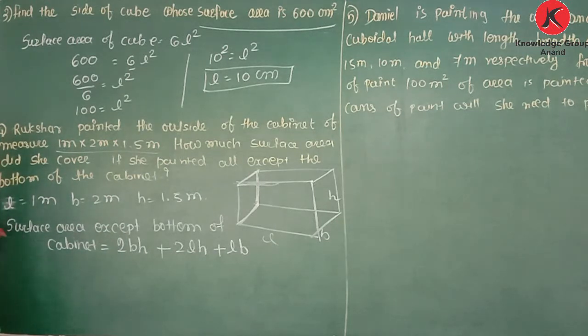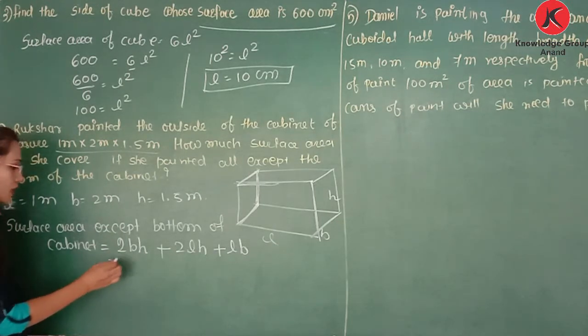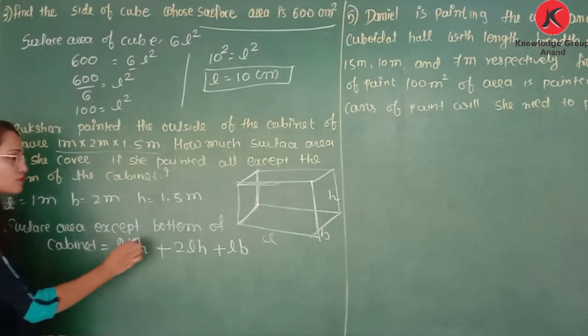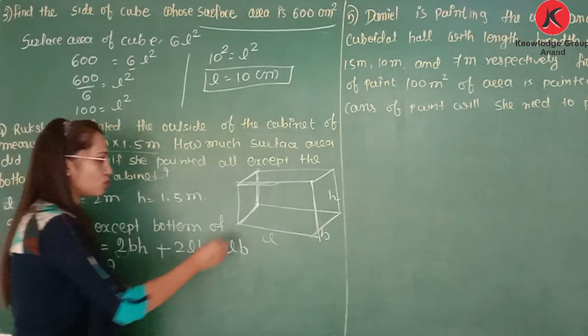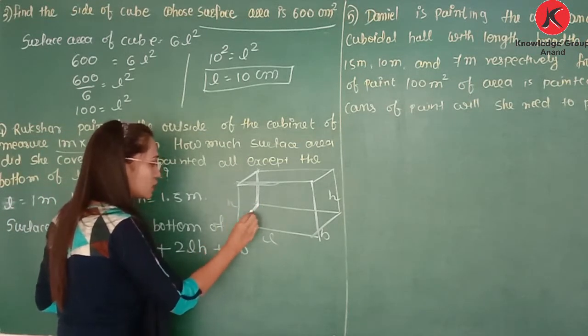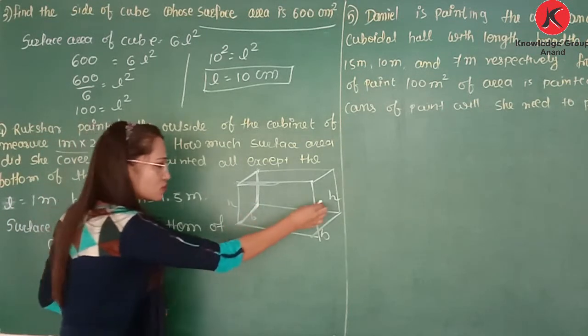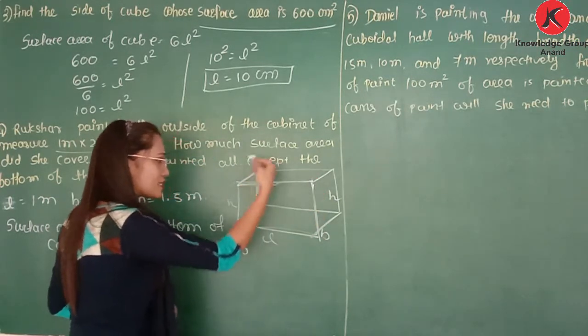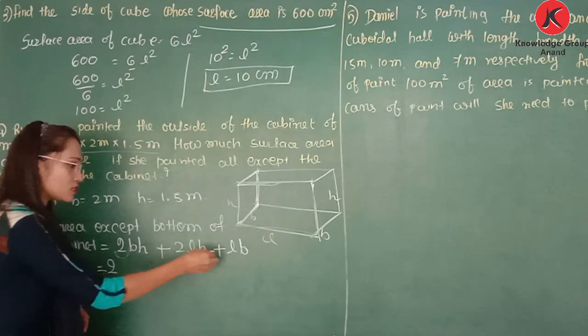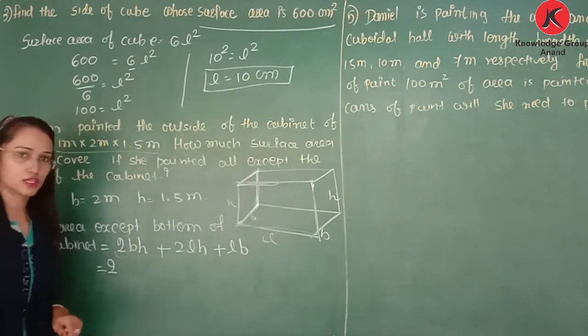Now we need to write the values 2. Why I write it here 2? Because we need to cover left and right surfaces both. So if this one is height and this one is base, that is BH. So this is also BH. Same front side is LH, so back side is also LH, so 2LH, and LB, that is only top surface.